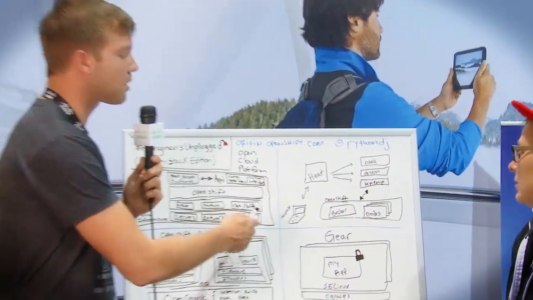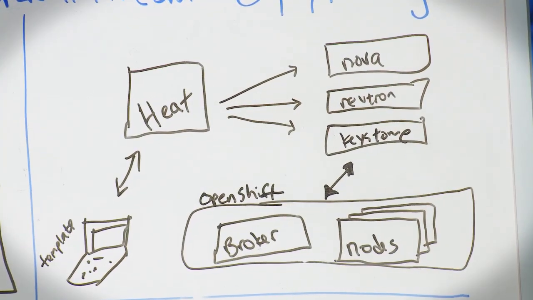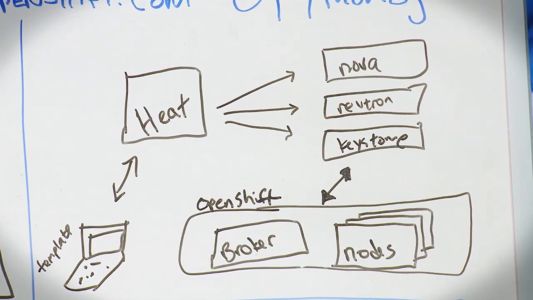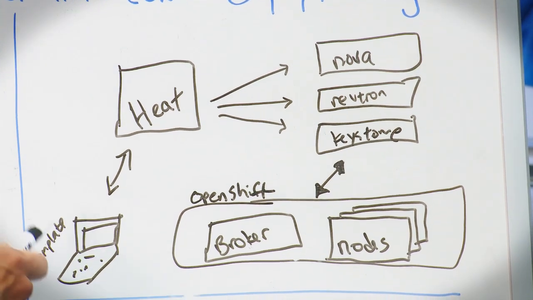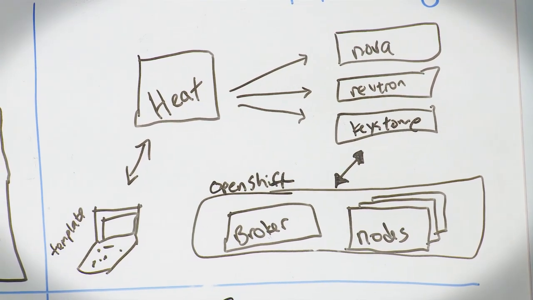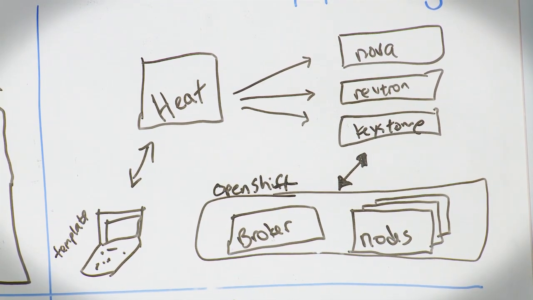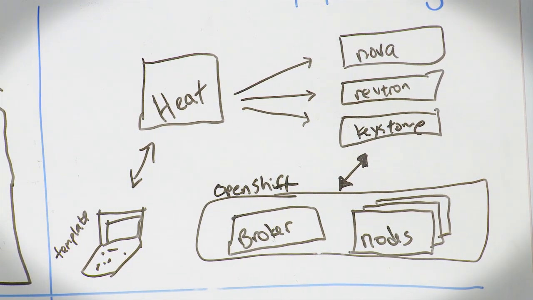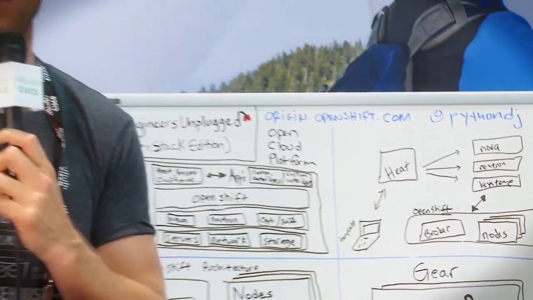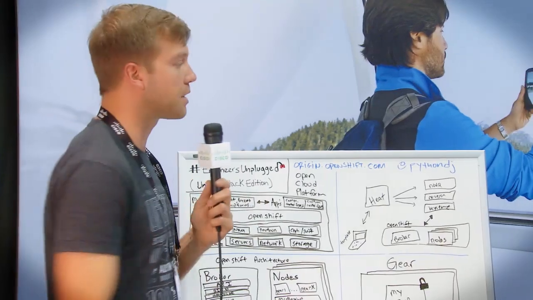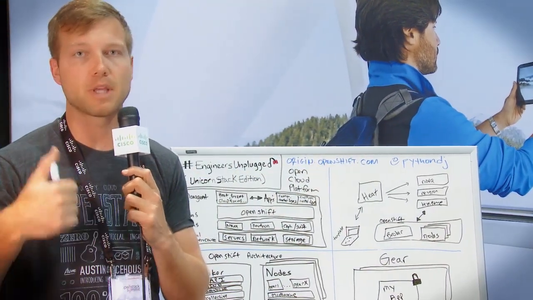So a user of an OpenStack environment that wants to deploy and manage OpenShift on OpenStack would be able to very easily use a Heat template, provide a handful of parameters within that Heat template, within one command, push that to Heat, and then have Heat do really all the hard work for us. Heat is going to talk to all of our OpenStack services, Keystone, to make sure that